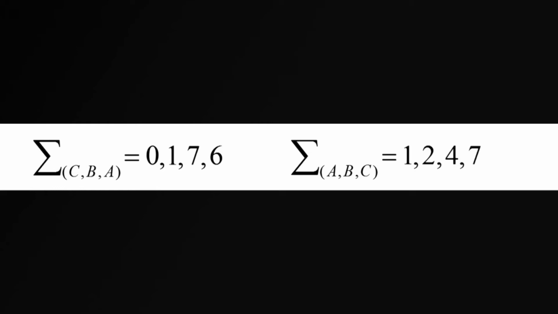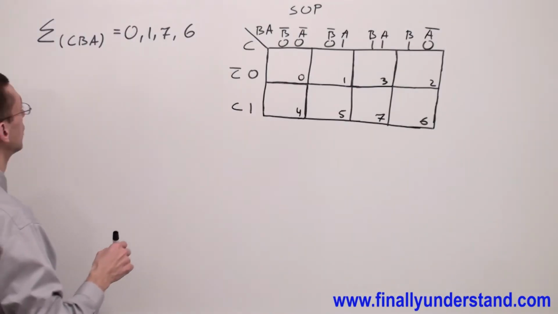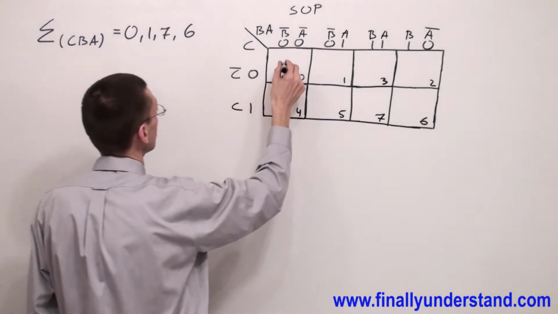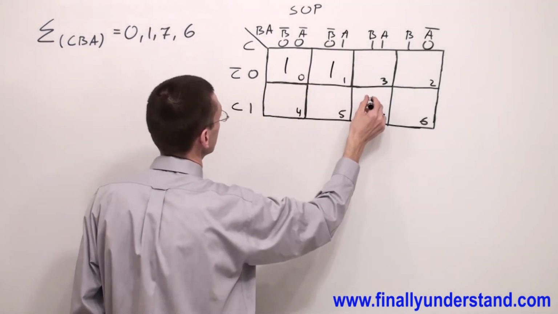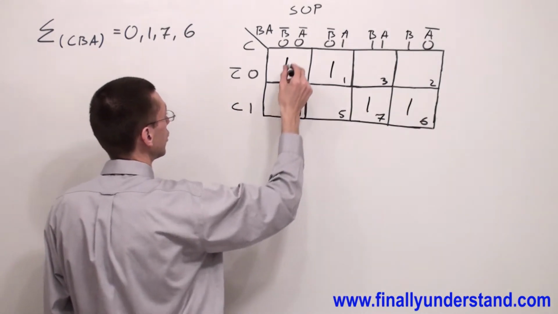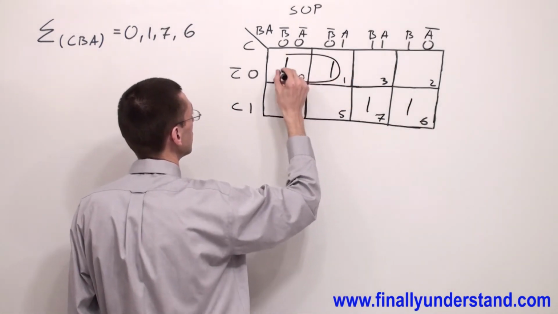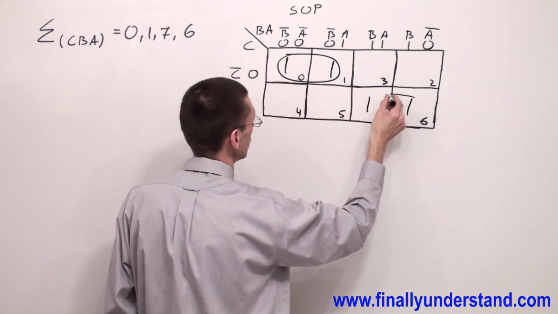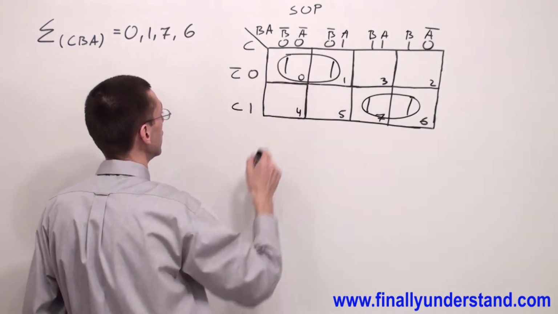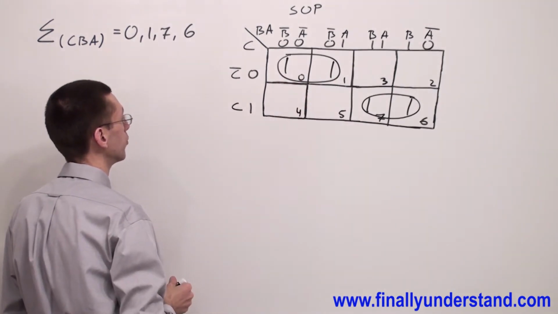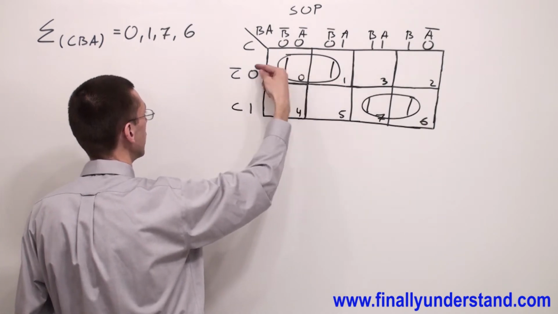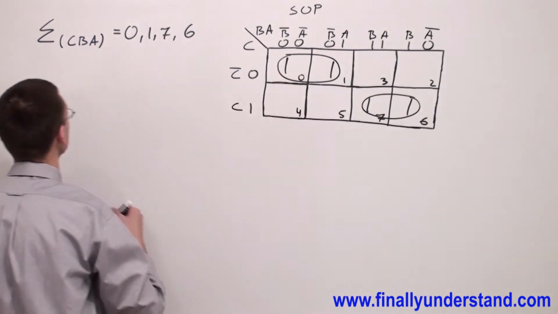We have the next example. We're supposed to write ones in the following cells: 0, 1, 7, 6. We are going to have two groups. This is group 1 and this is group 2. This group is placed in one row. Remember, anytime we have one row, don't think too long, just copy down everything, whatever is at the side of